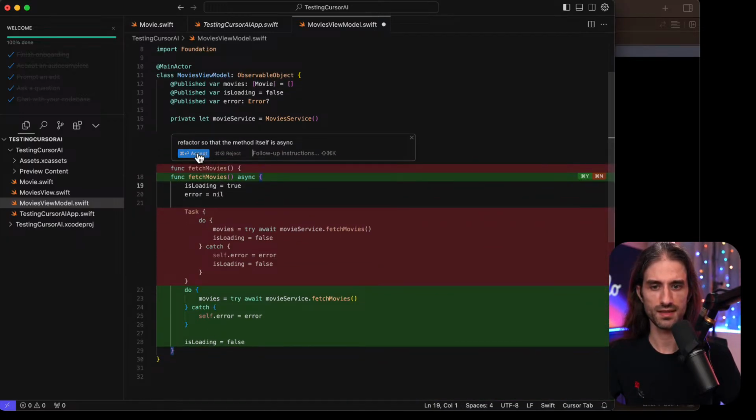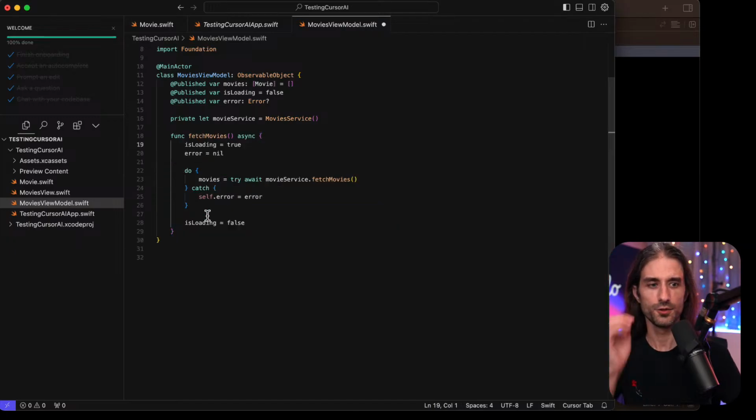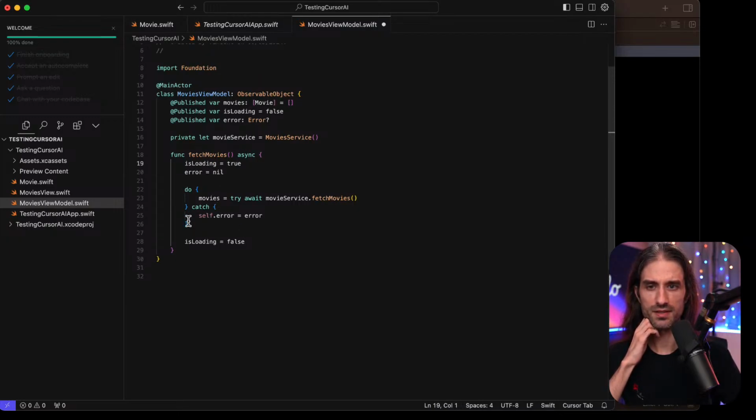And then I can accept everything at once. Yeah, it really feels like asking everything to ChatGPT or Claude, but you don't need to do the copy and pasting. That's pretty nice. Okay, so that seems to be correct.